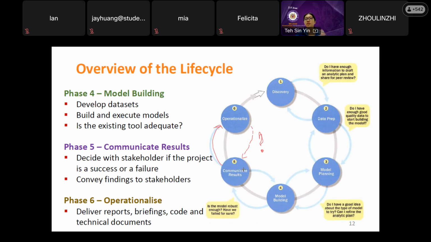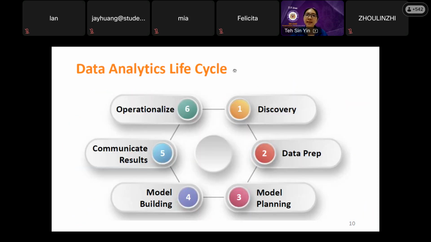Okay, so this is one of the popular questions in the exam. We ask you why you cannot reverse here. So just now your friends already gave you a few good answers. Okay, so very good thinking. So let me recap. For the data analytic life cycle, the question can ask you to use the data analytic life cycle to explain one business analytic project.